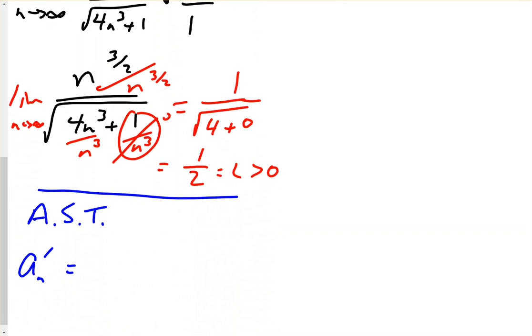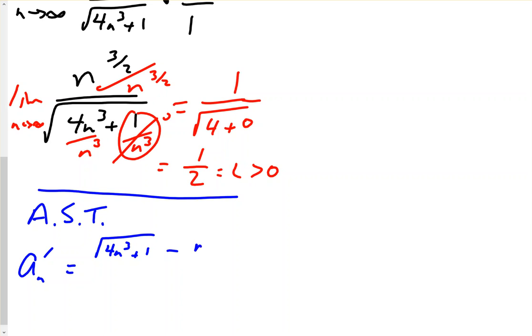So that means we have the denominator, so square root of 4n cubed plus 1 minus numerator times the derivative of the denominator, so that would be